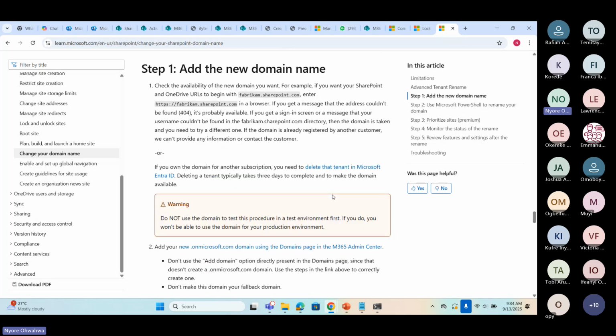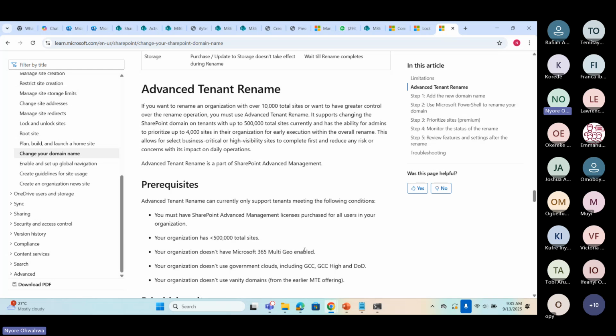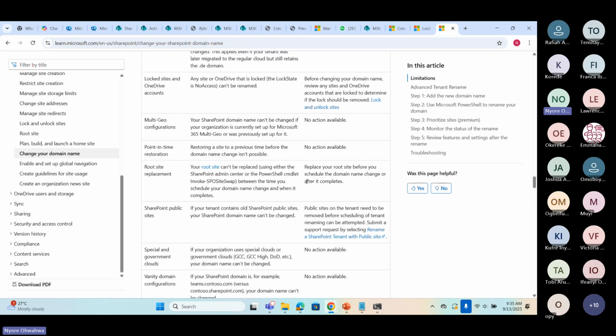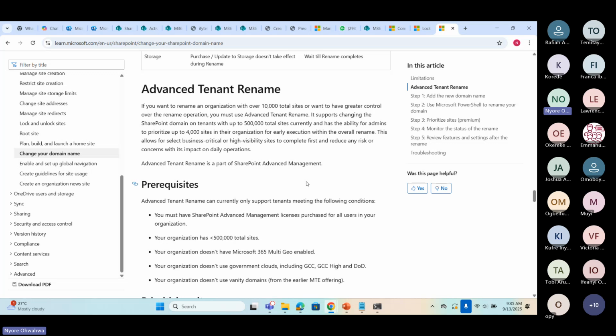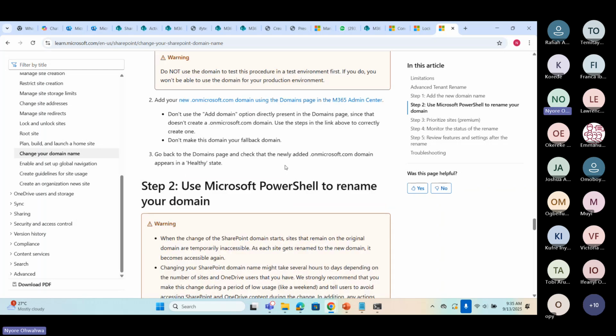It is not as easy as site rename, like I mentioned, because a lot of things are changing. So you have to go through everything and make sure that, okay, I'm ready for this change. Sometimes it takes people like a week to go through everything, make sure everything is in place before they go ahead to do the rename, right? So for you to do a rename, you have to register a different .onmicrosoft domain in your admin center. So this article basically gives you a step-by-step process on renaming your domain.